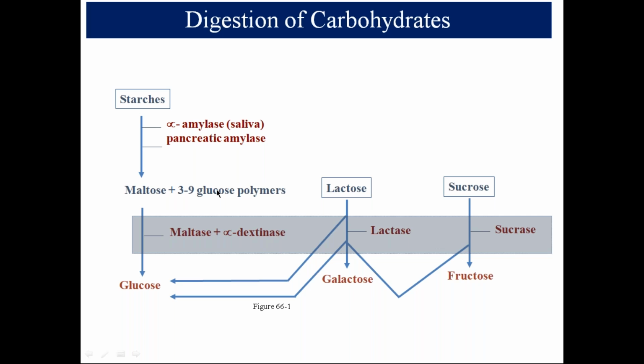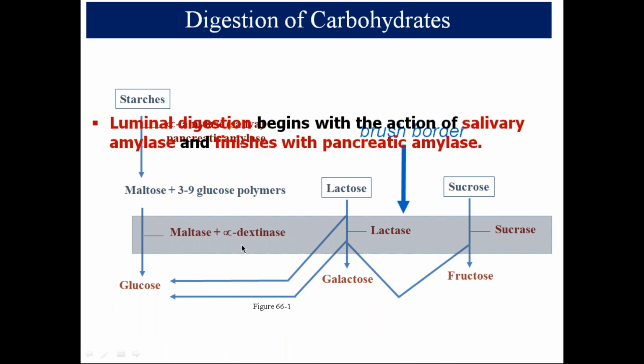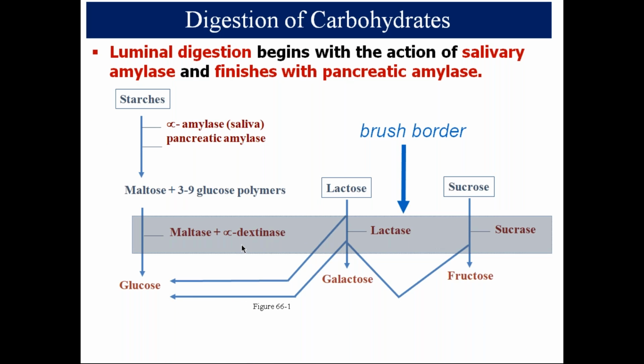So the luminal digestion begins with the action of salivary amylase and finishes with pancreatic amylase. Here it forms maltose, or a polymer of glucose having 3 to 9 molecules of the monosaccharide glucose. And then